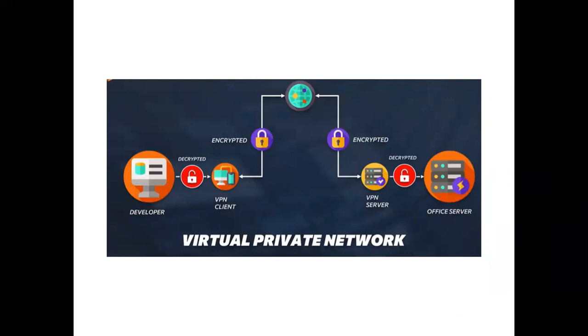I think this is what you tested last week, which we did. On the end user laptop, we installed a VPN client. From the VPN client, over an encrypted session over the internet, it connected to the VPN server. From the VPN server, you accessed your AWS server. This is a basic VPN, a virtual private network. You already tested this in your lab. You installed a VPN server on the AWS platform, and then you installed a client in your on-premises environment, the OpenVPN client on your laptop, and then you saw how it connected over the internet.